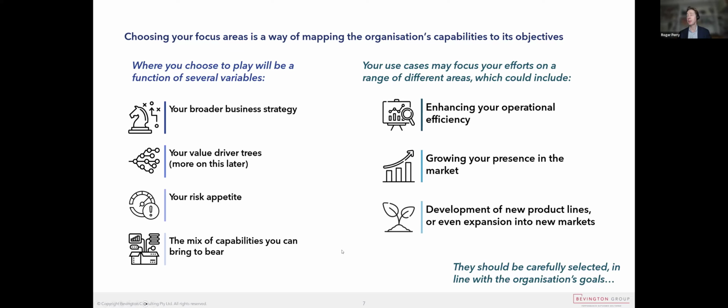And by staircase strategy, you mean build something, settle it down, then build the next piece of infrastructure and implement some AI off that, settle it down. So it's improve, stabilize, improve, stabilize, improve, stabilize. So there are a number of things to think about in your strategy. And of course, for those familiar with strategy development, there's an awful lot of reflection here on the normal strategy process. You're thinking about what is your strategy? What are your value driver trees? How's value created? You're thinking about risk and you're thinking about the capabilities you can bring to bear at the start. So what we're encouraging is thought on this, and we'll go into a little bit more detail on why that's important.